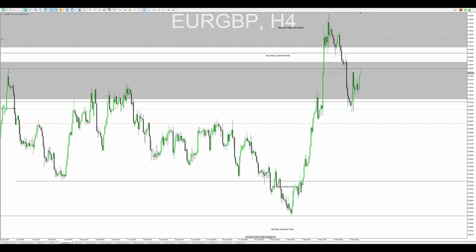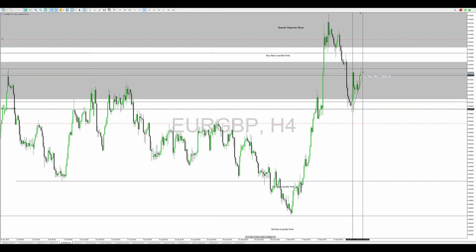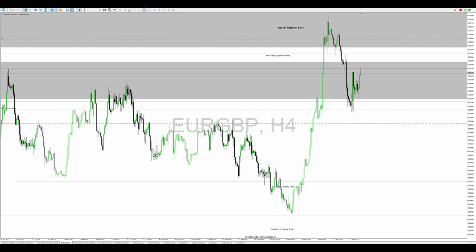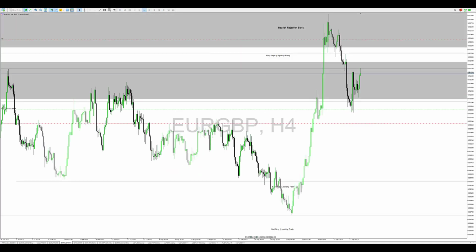I also have a trade on Euro GBP. It's a long trade. Took the trade in this price area here. Currently we are up 75 pips. Reason why I took this trade is because if you go to a lower time frame, you can see this big down close candle here. My entry is right at like 50% of this down close candle, which acts now as my new demand zone that was created.